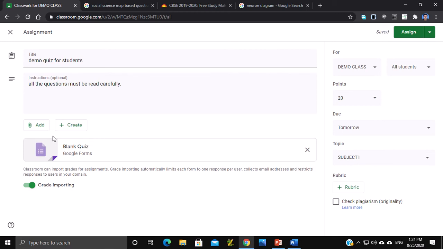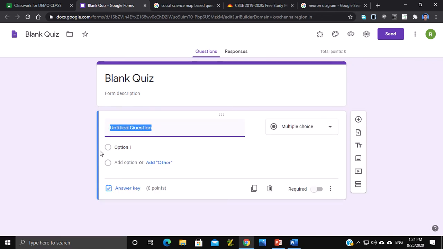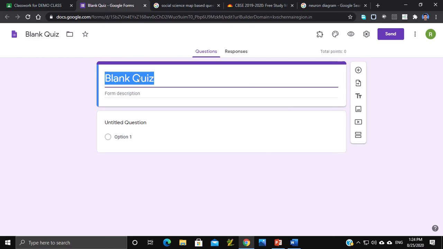Then you can see a blank quiz has already come up here. So I will click on it. It will open in a different window. Okay, so this has opened. Now I will rename it. I will say it is a demo quiz for all.